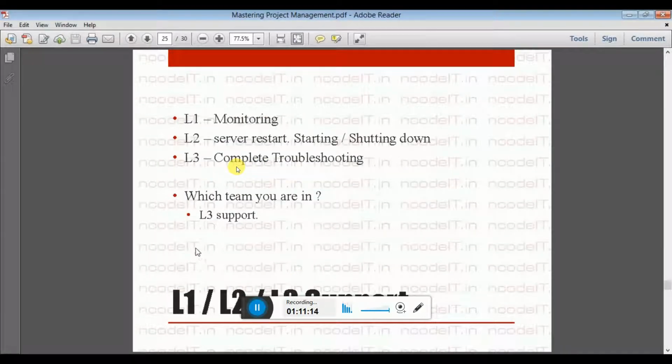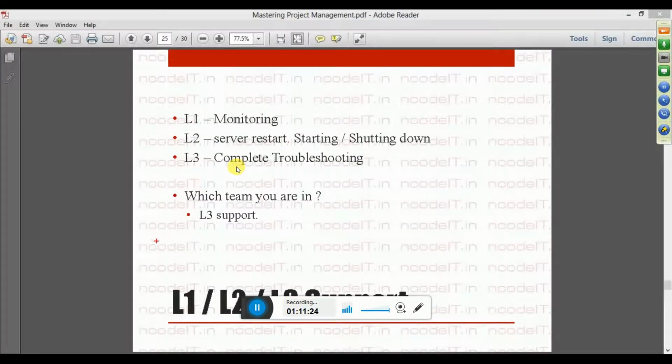Then there are L1, L2, L3 supports. The L1, L2, L3 supports have nothing to do with experience. This is the most important thing. A lot of confusion is there: if I have 1 year of experience, I will be in L1; if I have 2 years of experience, I will be in L2; and if I have 3 years, L3 support. It has nothing to do with experience. It has to do with the activity you are doing. Means if you have 10 years of experience,